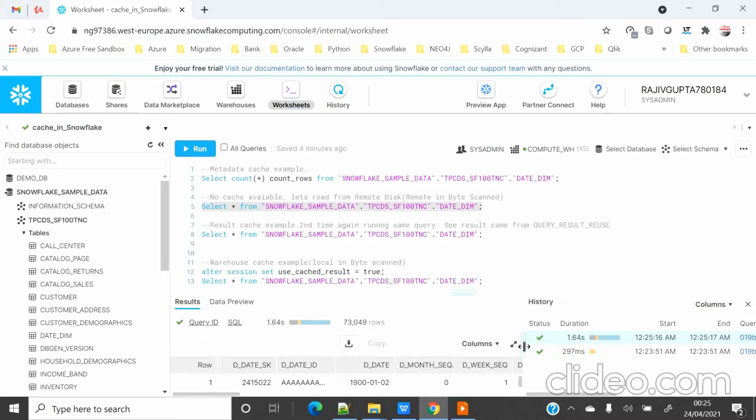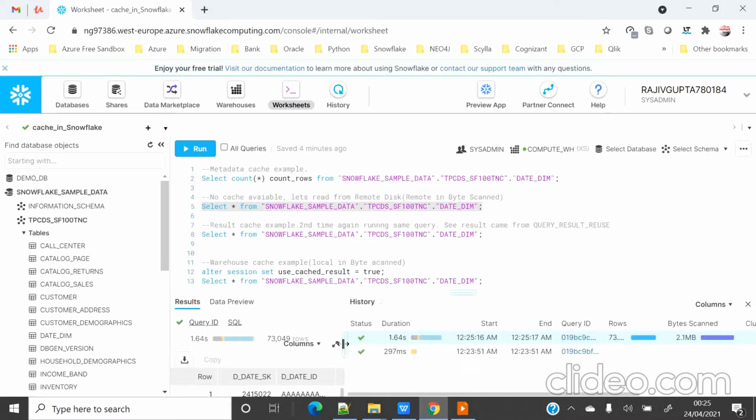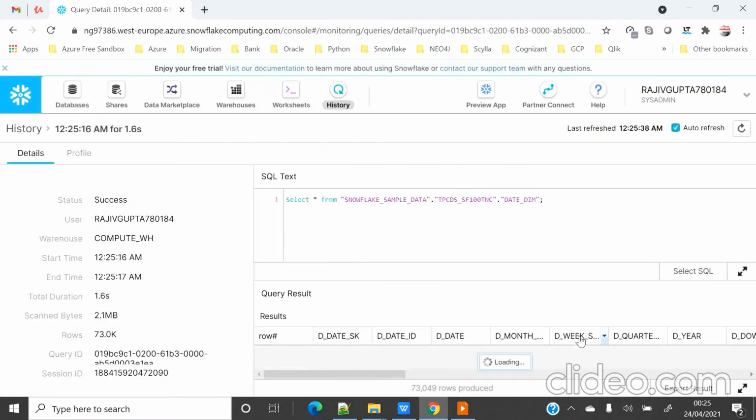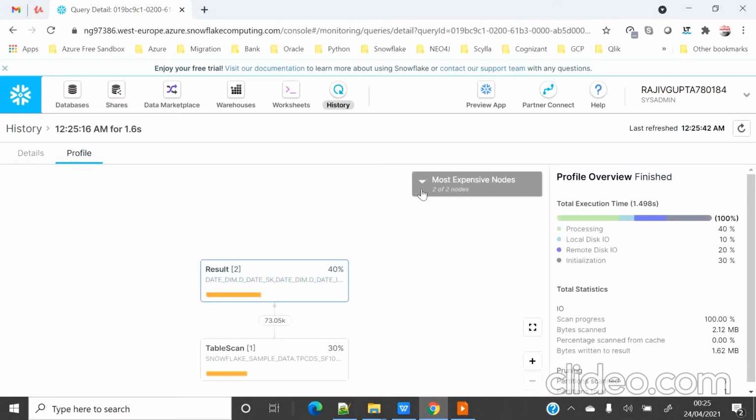So you see that I got the data. Let's go here and see. Hopefully I should get a tooltip over here. But anyway, let's go on the query ID and see. If we go to the profile section, you will see that the percentage scanned from cache is 0.